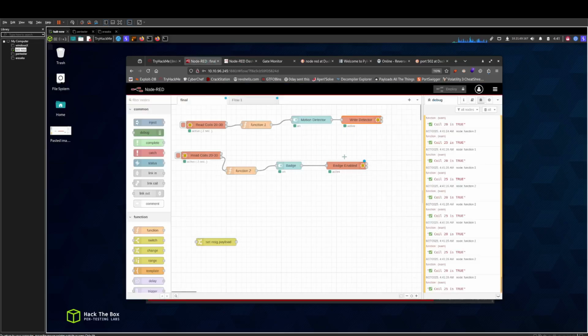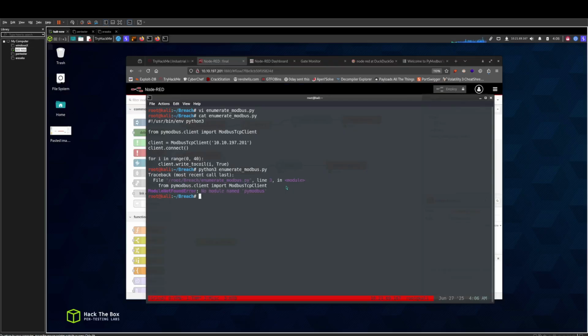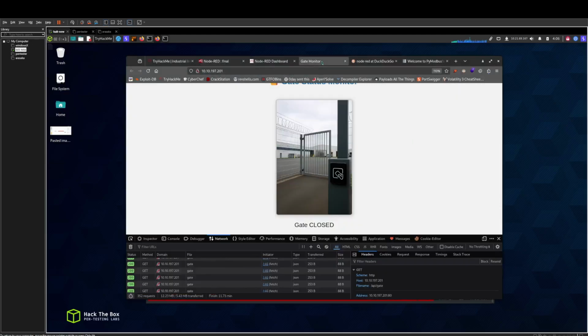But now we're going to do it using the Python script. So we can now run it. Okay, let's create a virtual environment, source venv bin activate, and we can install modbus. It will do it for us. And now if we run this and also monitor the gate request,